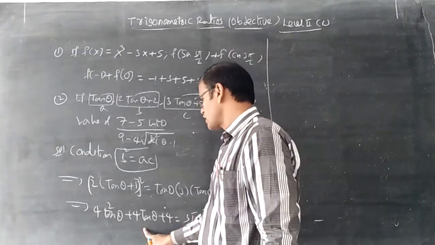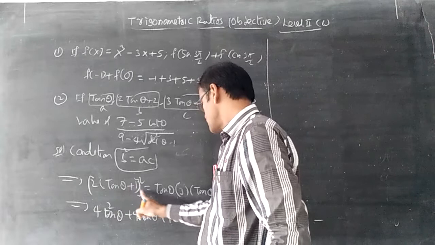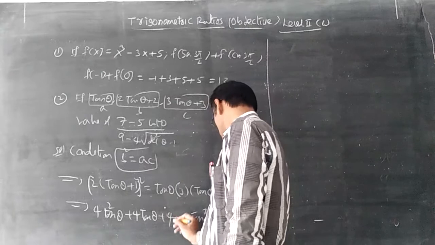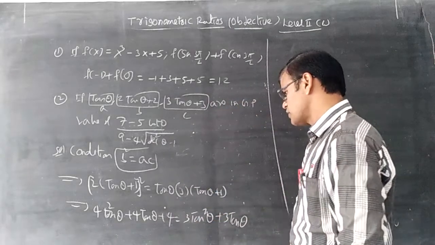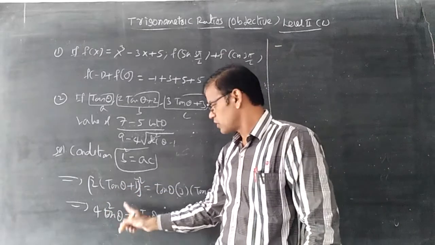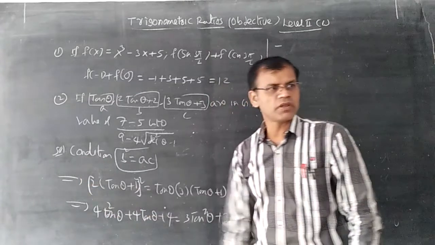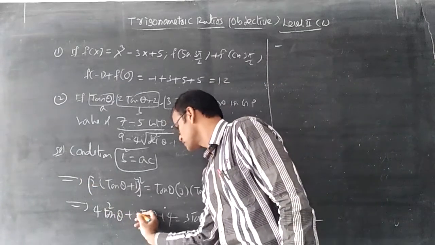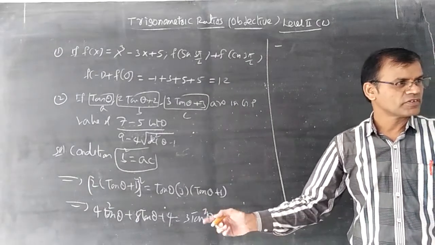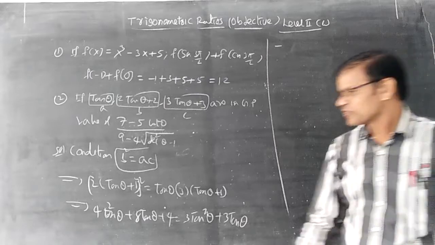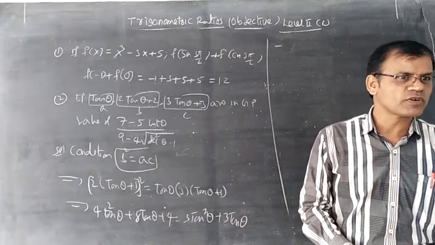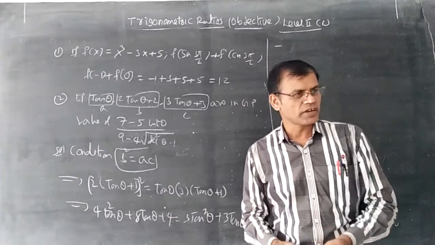Here this is not 4 tan, I think. Yes, correct. This is not 4 squared. Now 4 tan square theta minus 3 tan square theta. Students, this is a square plus 2ab plus b square. Here 2 square means 4, so 8 tan theta. You could not understand? You do 2 tan theta plus 2 whole square, apply the (a plus b) whole square formula directly.